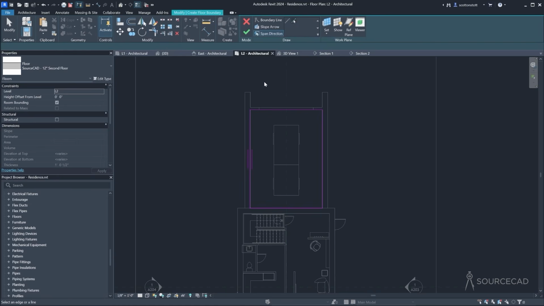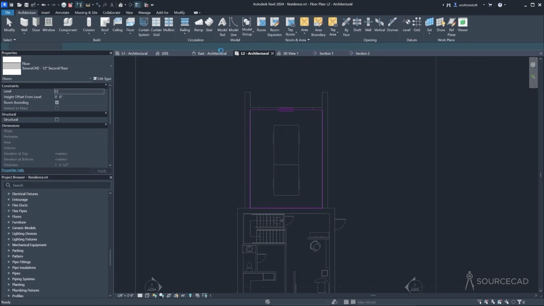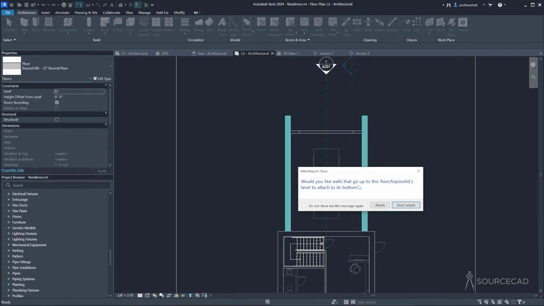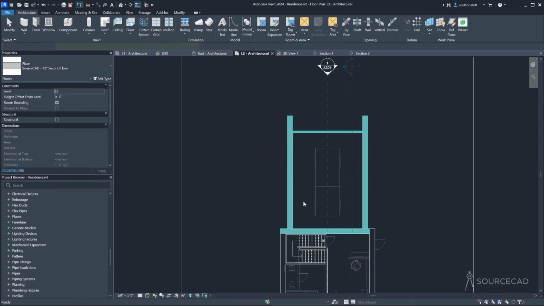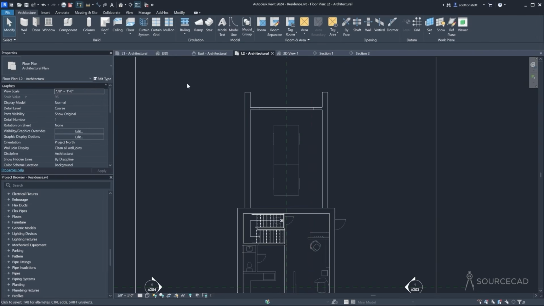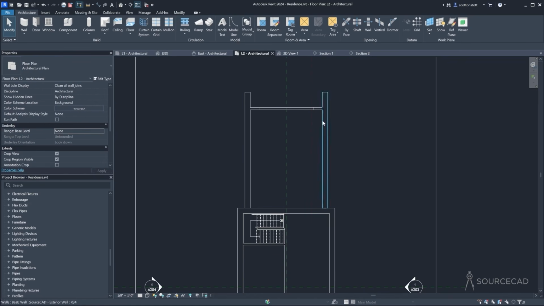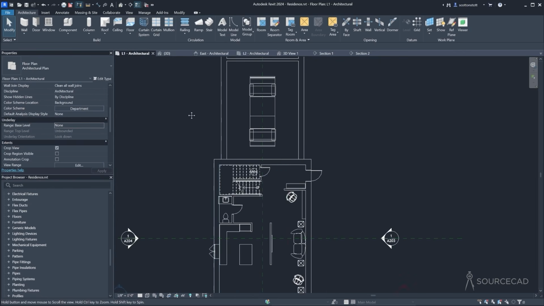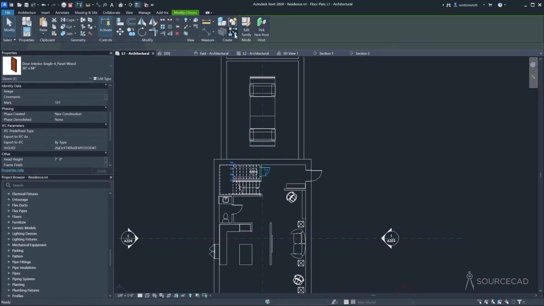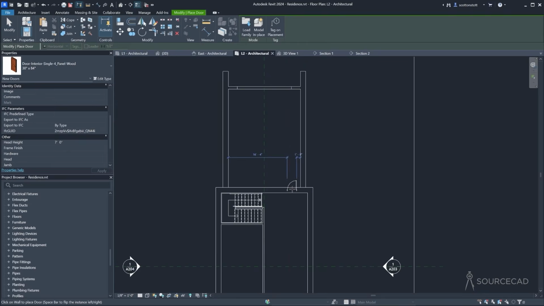Okay. We like the walls that go up to this to attach to its bottom. I don't think we have any walls that go up to that. Don't attach. It overlaps. Do you want to join the geometry? Yes. Okay. And then on this view, I'm going to turn off the underlay. Now we're looking at the floor of this room. Now we need a way in, so we need a door. And I already have a door that I could use on level 1. I'll take this door, create a similar door, go to level 2, and place it in right here, just like